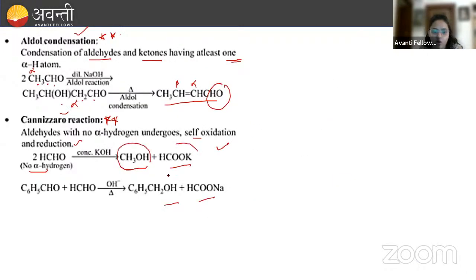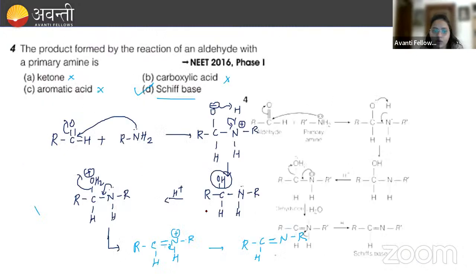अल्कोहल फॉर्म होगा, और जो हमारा दूसरा कंपाउंड होगा, उसका सॉल्ट फॉर्म होगा। यहाँ पे HCHO एक कार्बन था, तो एक ही कार्बन का अल्कोहल फॉर्म हुआ और एक ही कार्बन का सॉल्ट फॉर्म हुआ। यहाँ पे C6H5 और 7 कार्बन थे, तो उसका अल्कोहल फॉर्म हुआ 7 का, और जो दूसरा कंपाउंड था उसका सॉल्ट फॉर्म हुआ। मतलब एक का अल्कोहल फॉर्म होता है और एक का सॉल्ट फॉर्म होता है।